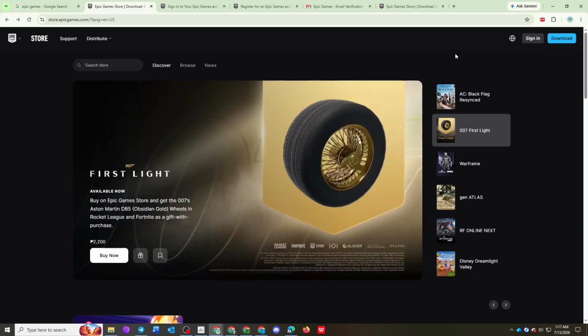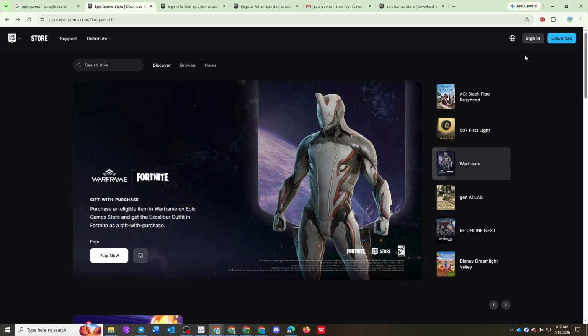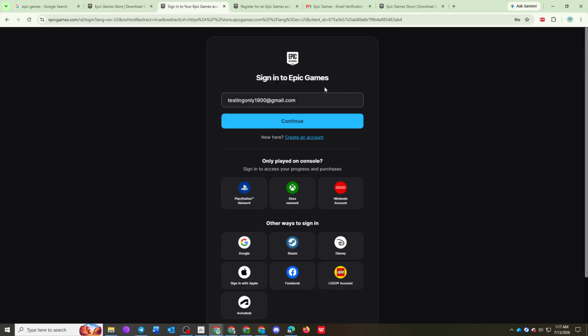After the Epic Games website loads, look toward the upper right corner of the page. You'll see options such as Sign In. Even if you don't already have an account, click the Sign In option to continue. The page will load the Sign In screen, where you'll also find the option to create a new account. On the Sign In page, scroll down until you see the Create Account option, then click it to begin the